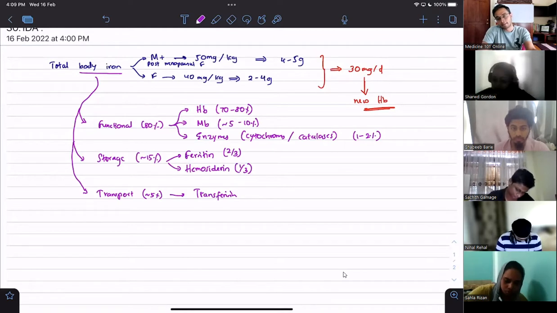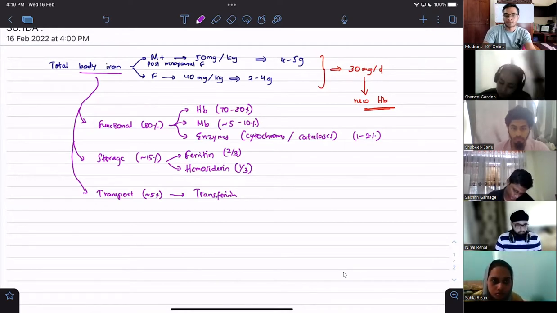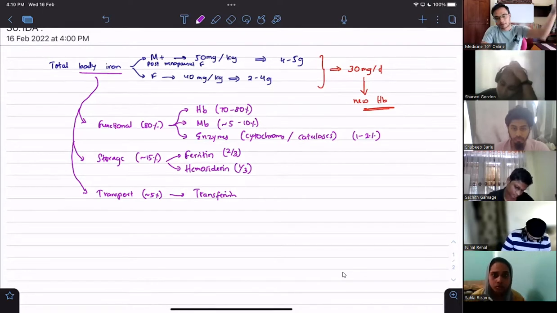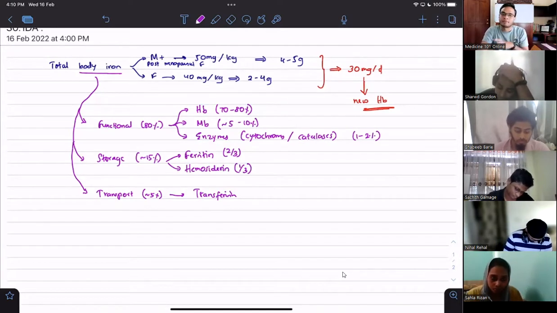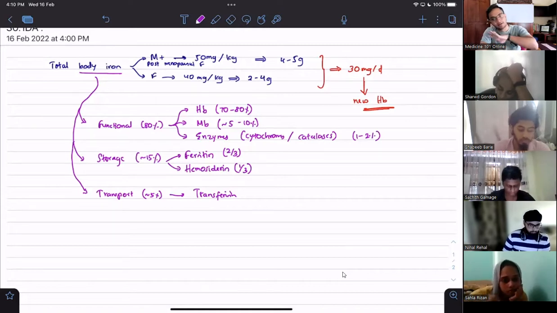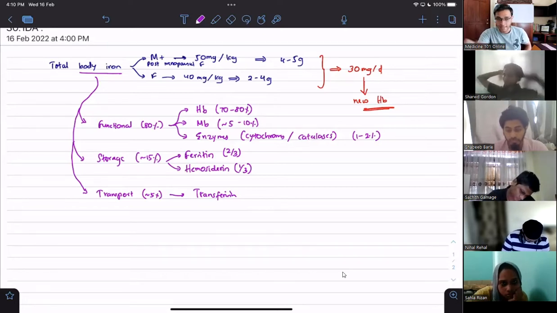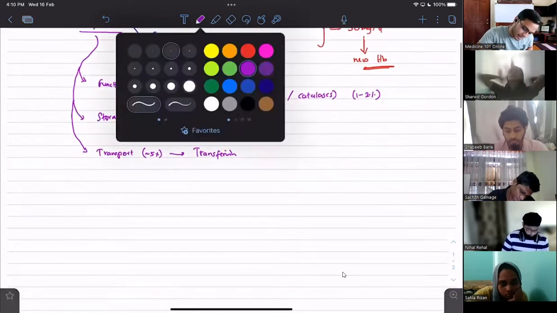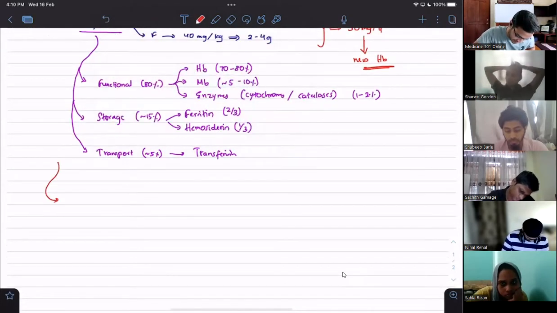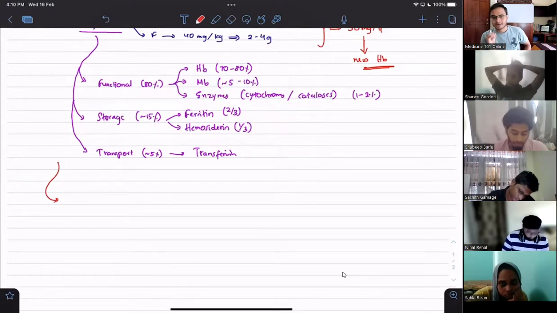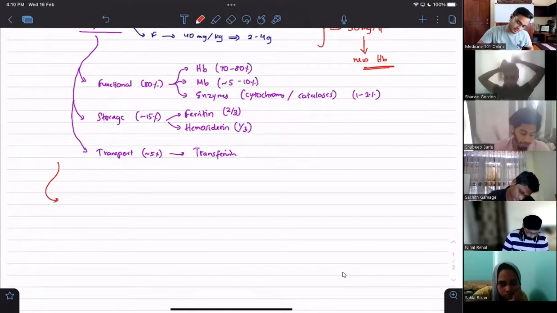Now, obviously, you all know hemoglobin. Where is hemoglobin synthesized? Mainly in the bone marrow. So a majority will be there. Then there is a little bit of myoglobin. Like that, it will spread out across your body's organs. But these are the main forms. Then another last point under this introduction: daily iron loss.